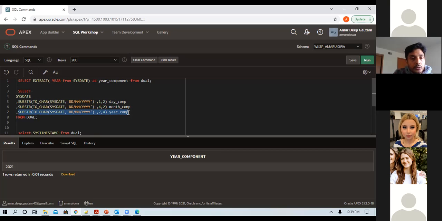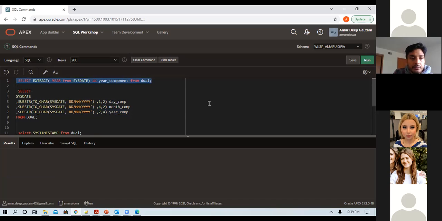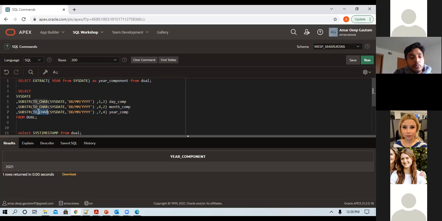So this is how you would do it if you were not to use the extract function, but the extract function is very simple. You just use this. On top of that, when you use more functions, you actually deteriorate the performance of the database. Here we first change it to to_char and then use substring. So we already have an extract function. Why not use this? Similarly, for the month component, you have to do this.